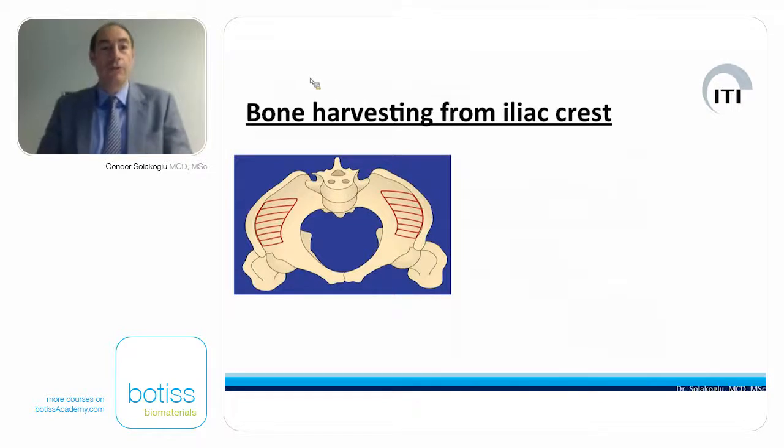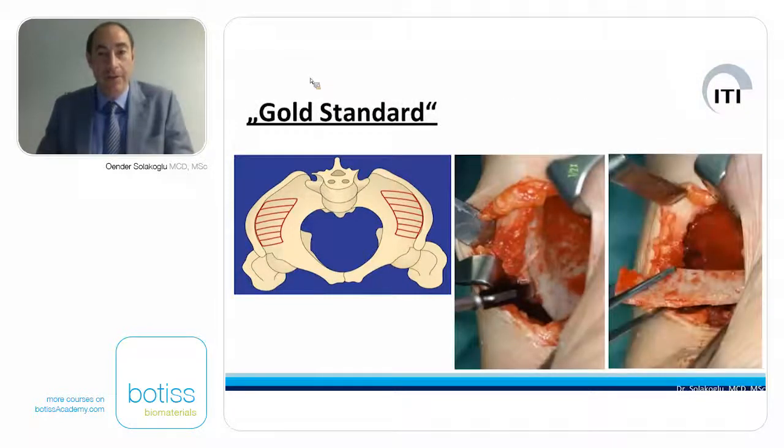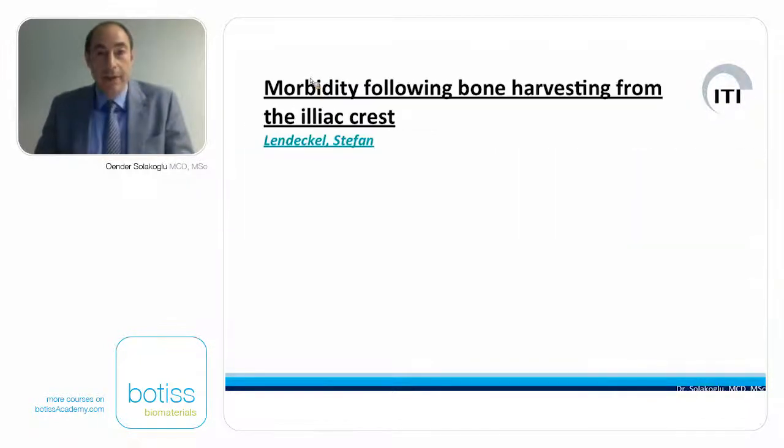One of the gold standards in guided bone regeneration is basically autogenous bone, and if you need big amounts of autogenous bone, the harvesting from the iliac crest is a widely accepted technique. As you can see here, an extraoral donor site. However, it is not always nice and easy for the patient, because we have some described morbidity in the patients following bone harvesting from the iliac crest,